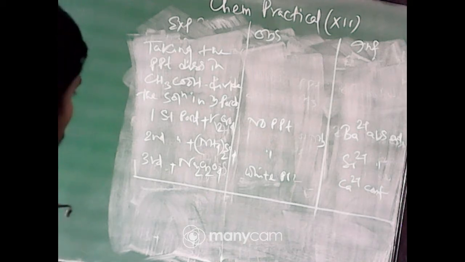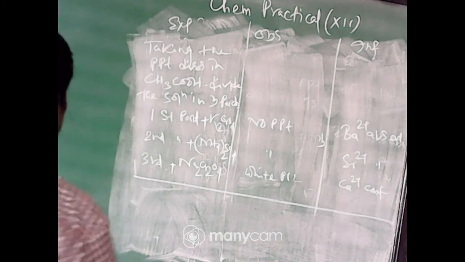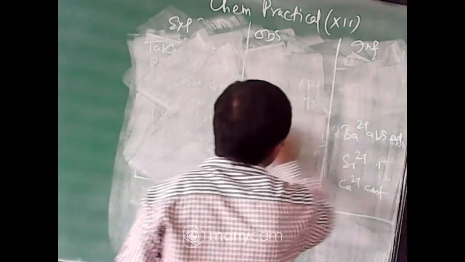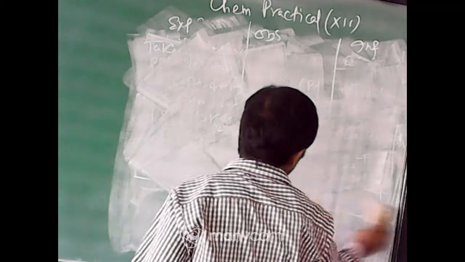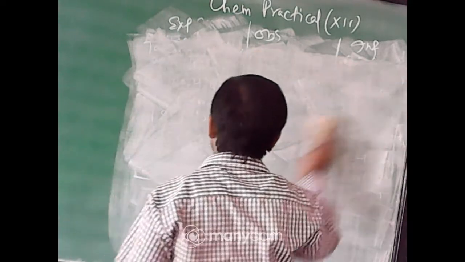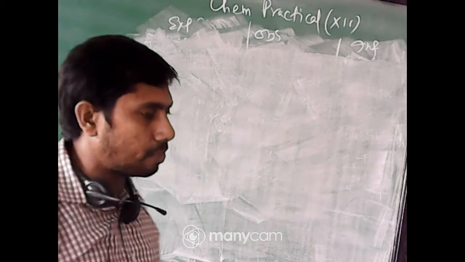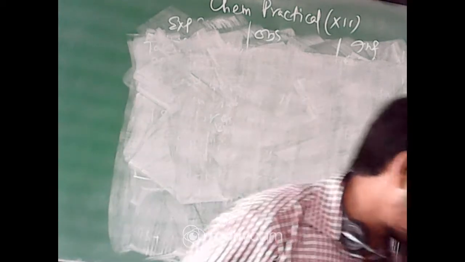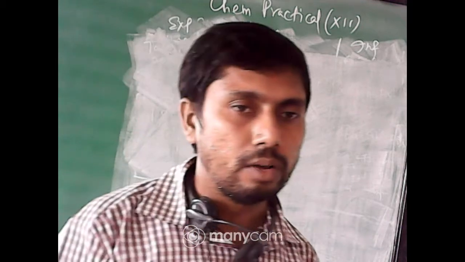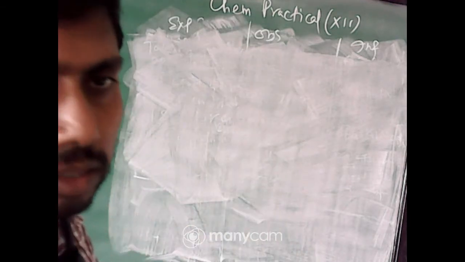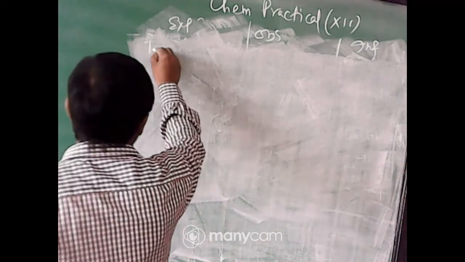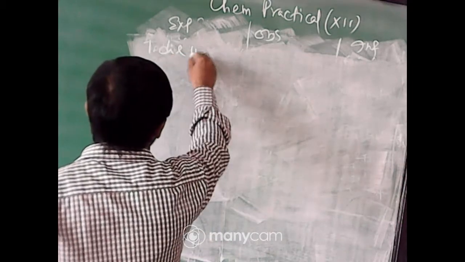Thank you. Next one is for magnesium nitrate. Though it was unknown to us, after the experiment we are sure it contains magnesium nitrate. The physical characteristics at the beginning will be the same: white, crystalline, soluble in water. After that we will start from experiment number 1, that is the dilute H2SO4 test.